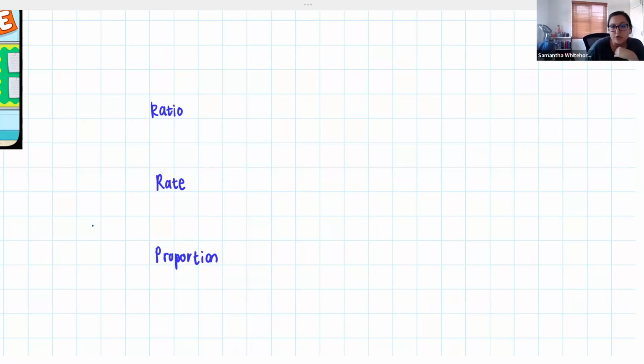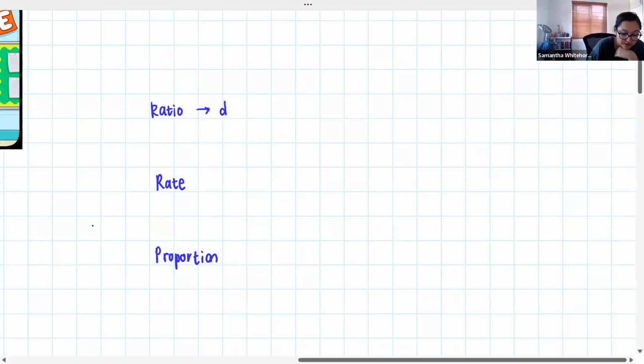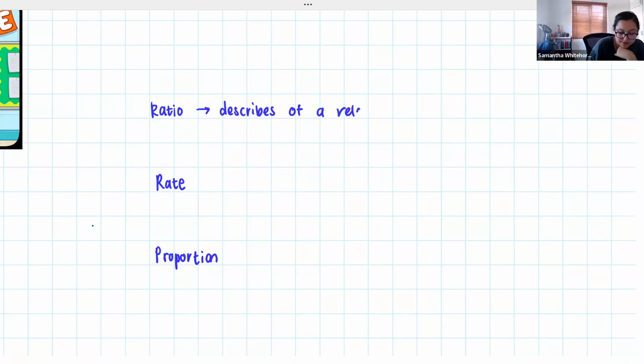So both ratio and rate describe a relationship between numbers. So ratio is a description of a relationship between two values. Okay, and ratio is something, I mean, there's so many examples, but if you say, for example, think